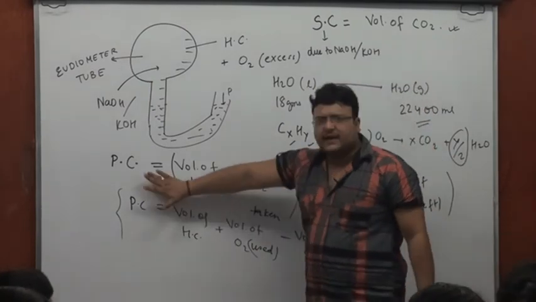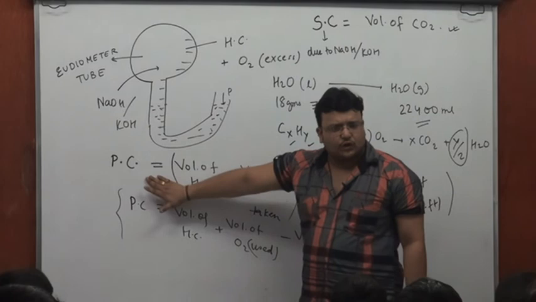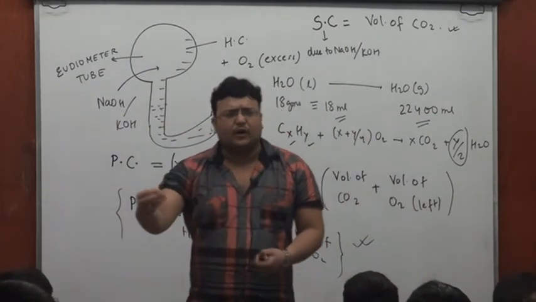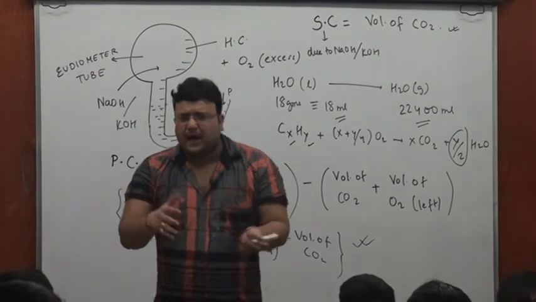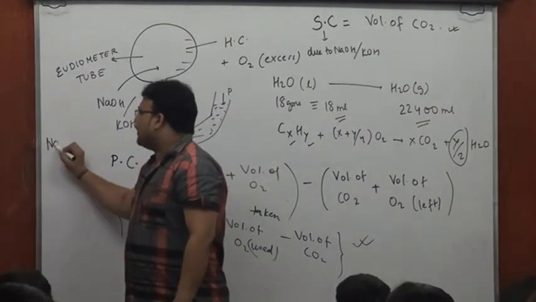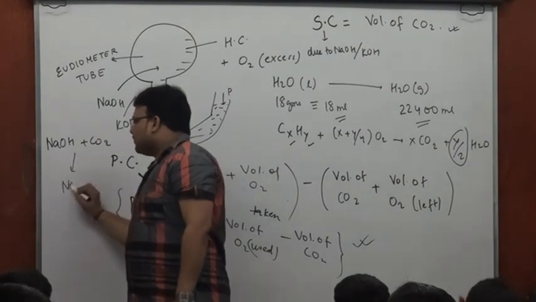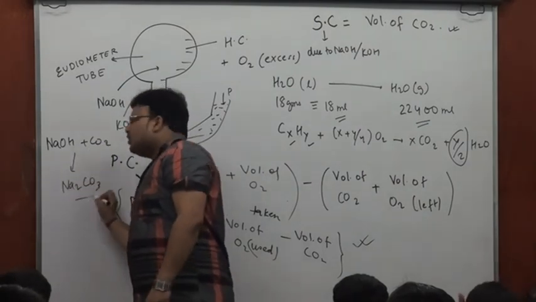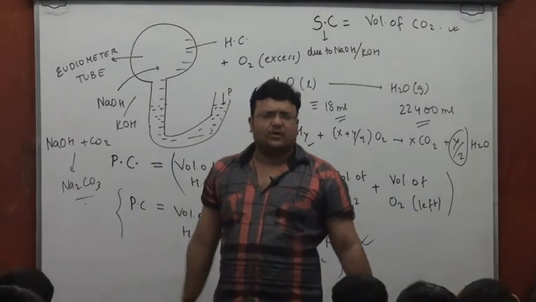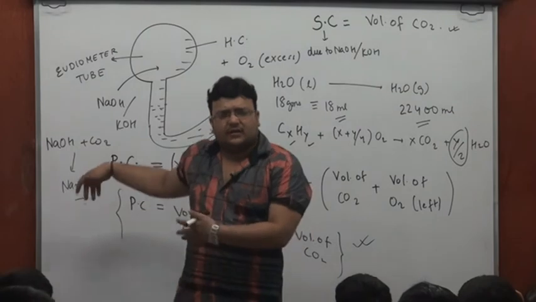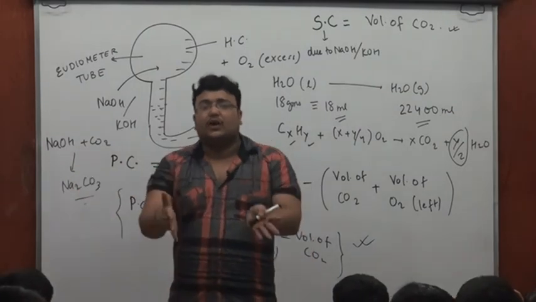See, what I do is, once I have noted primary contraction, I add a small amount of NaOH or KOH, which could be added in solid or liquid form. That's going to absorb carbon dioxide. The equation is NaOH or KOH with carbon dioxide forming carbonate. All sodium salts are going to be soluble. They are going to dissolve in water, and even in the solid or liquid form, the volume would not have been considered.